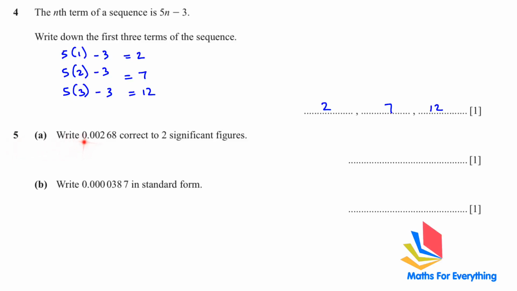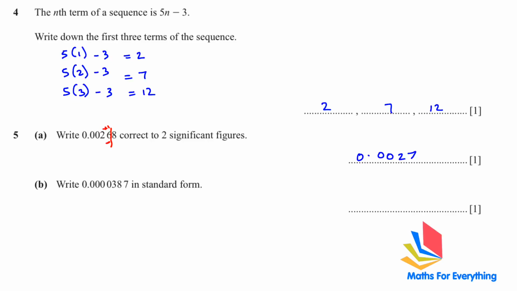Moving forward, write 0.00268 correct to 2 significant figures. When we write to 2 significant figures, if after the decimal there are first zeros, we don't count those. We count the numbers. So it is 268. The second place is at 6. Look at the number after 6. If it is 5 or more, we add 1. So our answer is